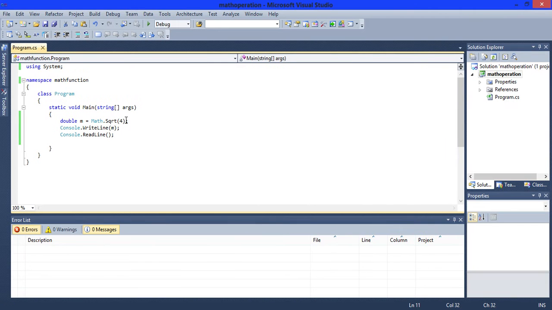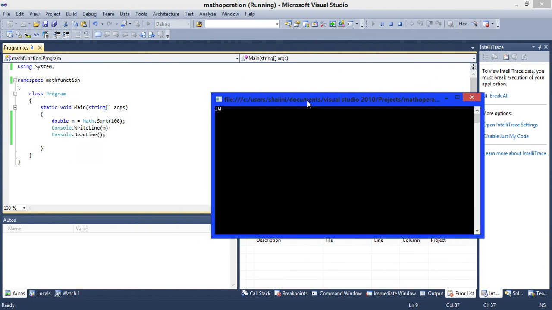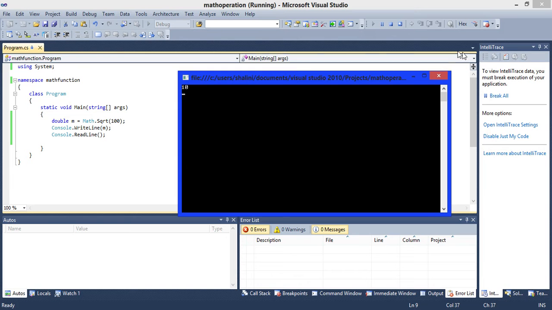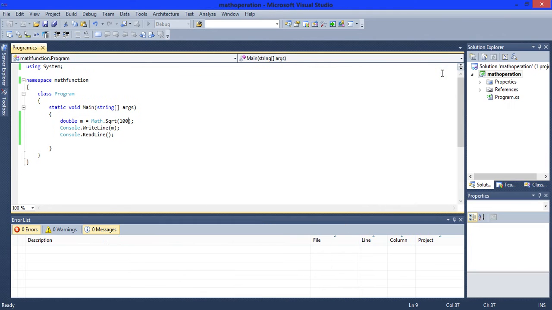Pass here 100. See, output is 10. Okay. Now see another method,